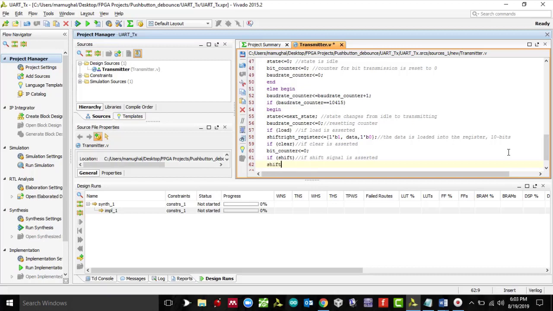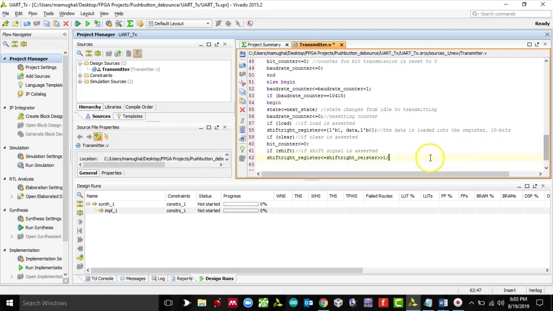So the shift right register gets the shift right register, and for shifting we use the greater than sign back to back, by 1. It will start shifting the data